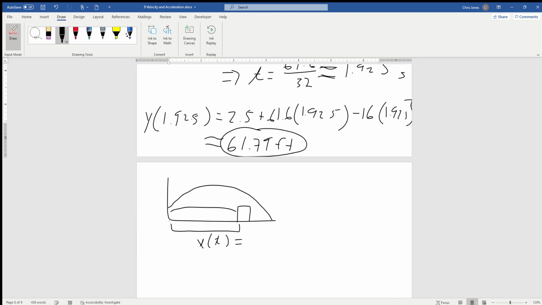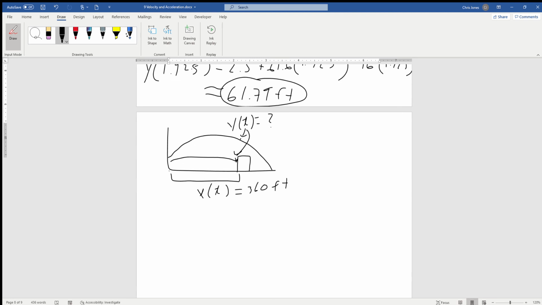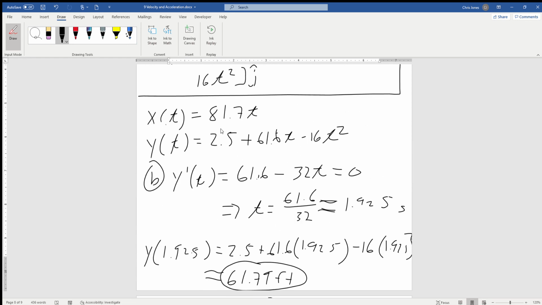And that's actually going to be 360 feet. And what we're looking for is the y value. So y at t is equal to what? It's either going to be something like this or something like this, where it's going to either hit the wall and the batter's only going to get a double or a single if they're really slow, or if it's over the wall, then it doesn't matter how slow they are. Now remember x of t, we found that earlier,